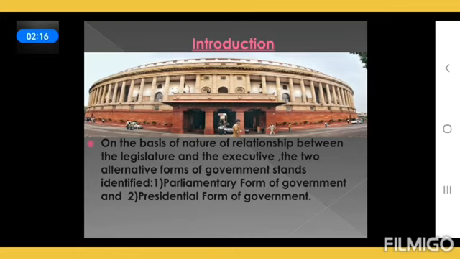The origin and growth of the parliamentary form of government took place in the British political system, and Westminster has been the home of the British Parliament. The British Parliament is situated in Westminster. That is why the name Westminster model is often used for referring to parliamentary government. I hope it's clear. So the parliamentary form of government is also known as the Westminster model, and the parliamentary form which exists in India is borrowed from the British political system.